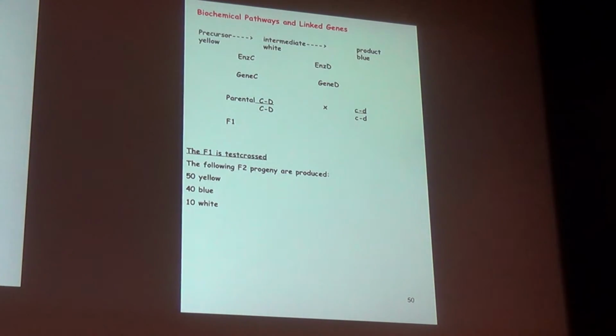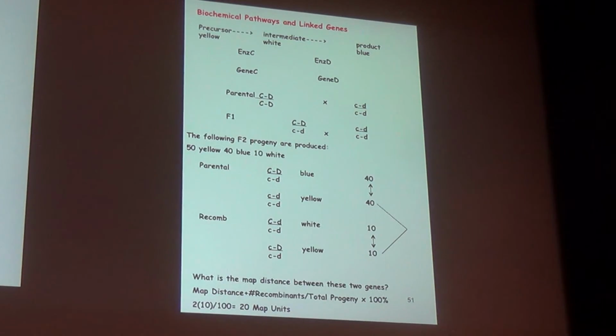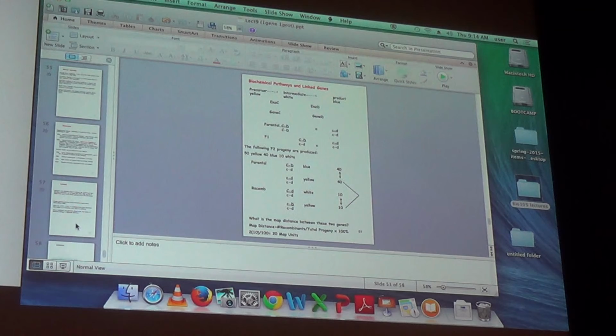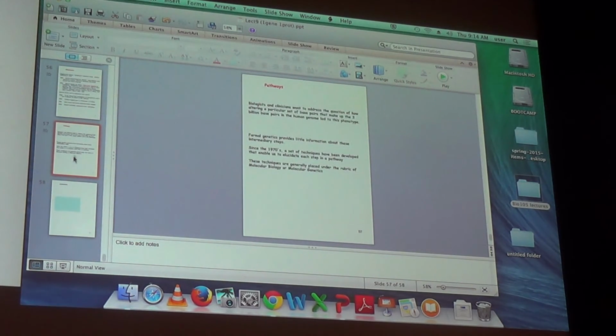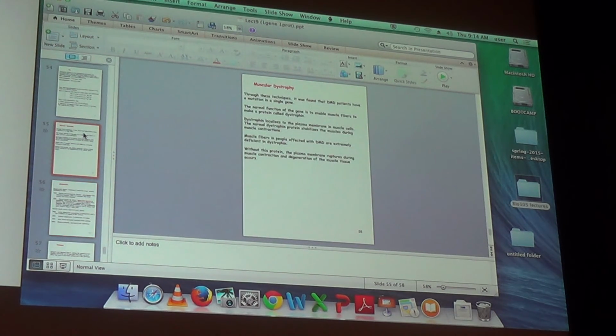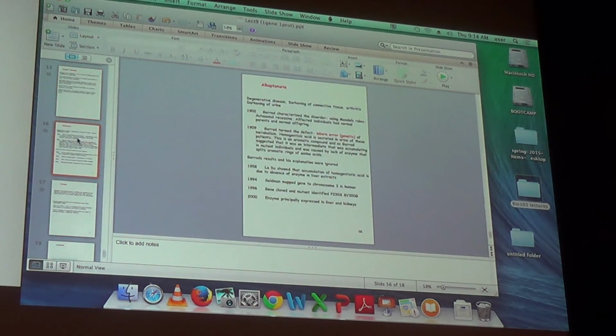All right. We're going to skip that. I think we are done with pathways. We're done with pathways. All right, let's take a quick break. I've gone over, it's 9:15, but we'll take a 5